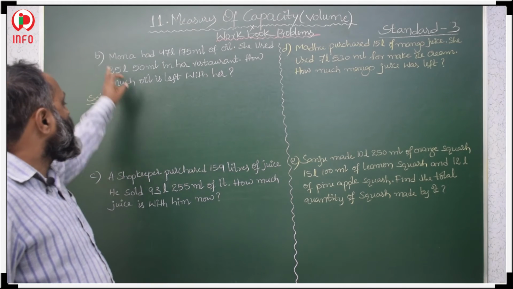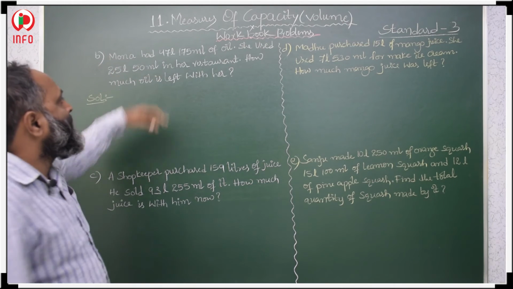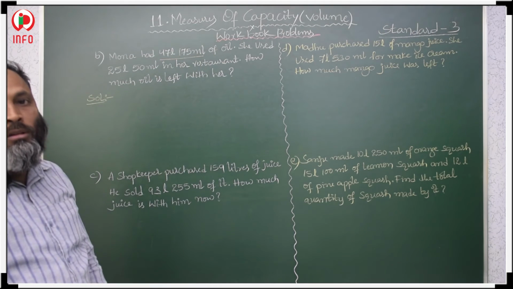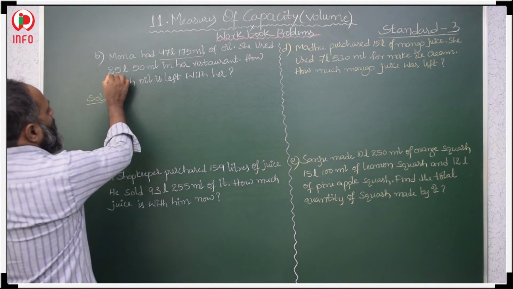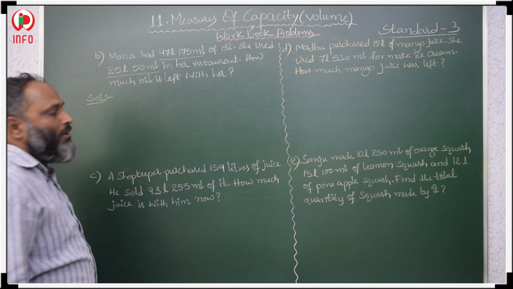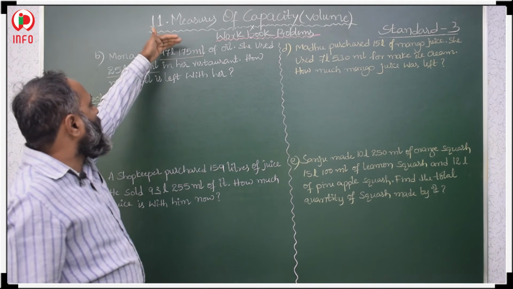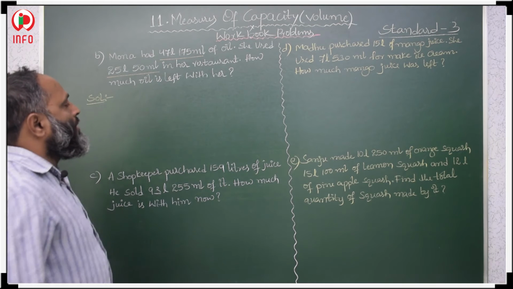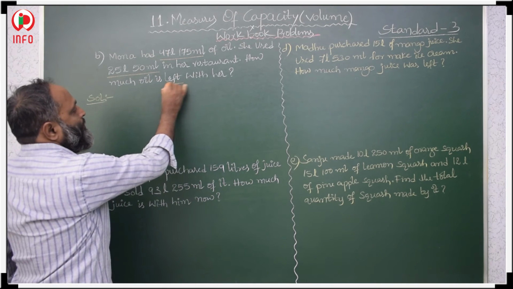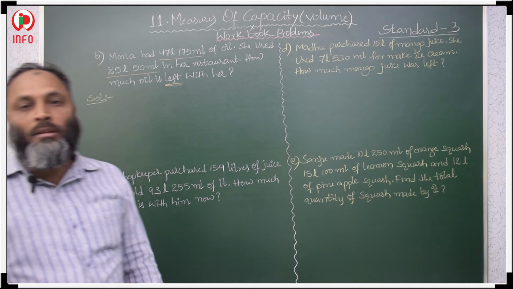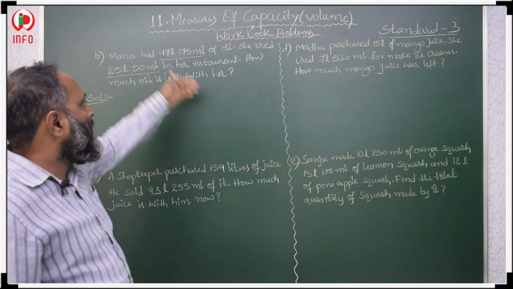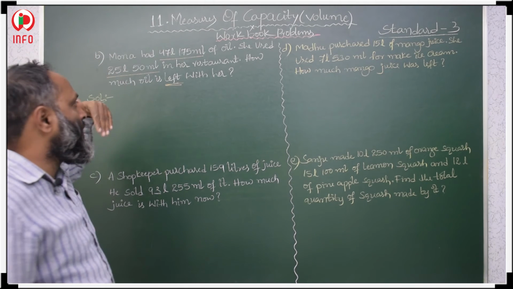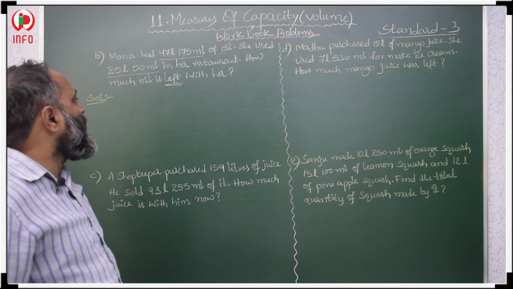Now see here. So the second question: Mona had 47 liters, 475 milliliters of oil. In that she used 25 liters, 50 milliliters. In the total oil, this much she used. Then how much oil is left? Left he is asking. Left means we have to subtract. From the total oil, how much she used, that we should subtract. Then you will get how much oil is left.